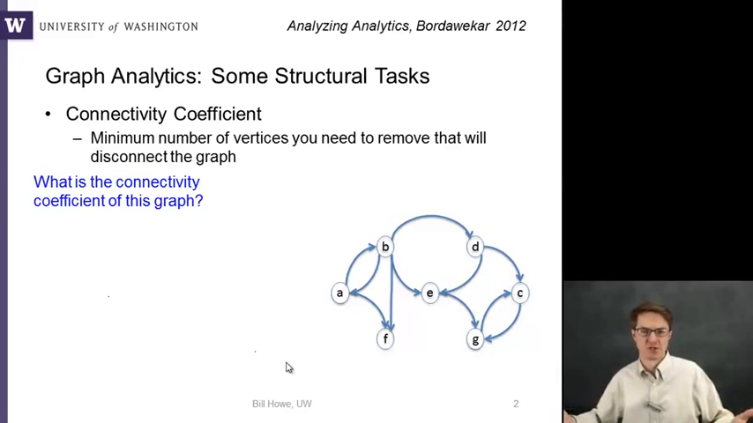And so connectivity coefficient could be a measure to help you estimate how likely it is that your network is going to be partitioned. Okay, so what is the connectivity coefficient of this graph? Well, it depends on exactly what we mean by connectivity first. So we can say